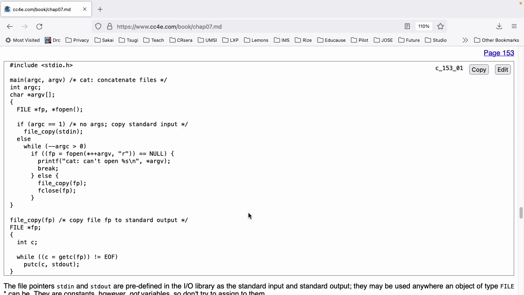www.cc4e.com/code. #include <stdio.h> main(argc, argv) int argc; char *argv[]; { FILE *fp, *fopen(); if (argc == 1) — there's no arguments, so we're going to copy the standard input. filecopy(stdin);